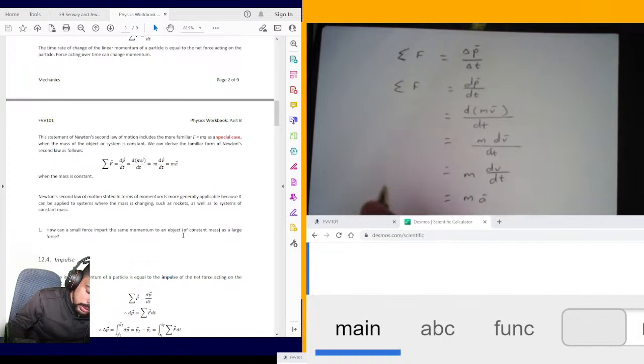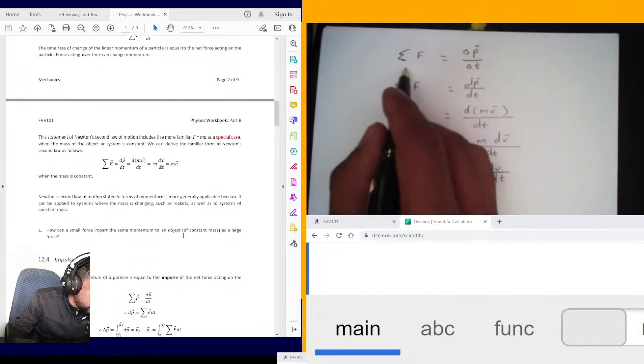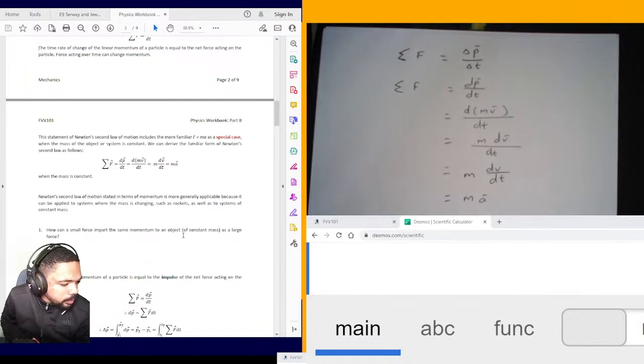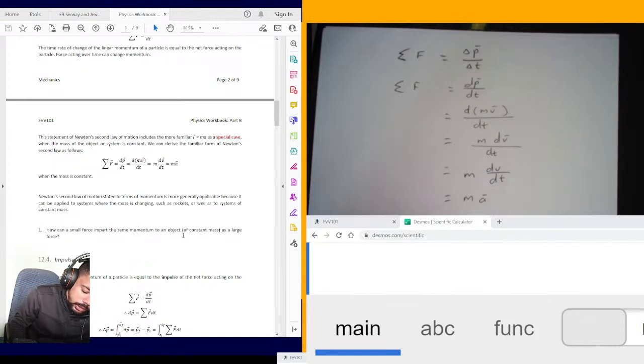The question is, how can a small force, let's say we have a small force, create the same momentum, impart the same momentum to an object whose mass doesn't change, as a large force? That is the introduction